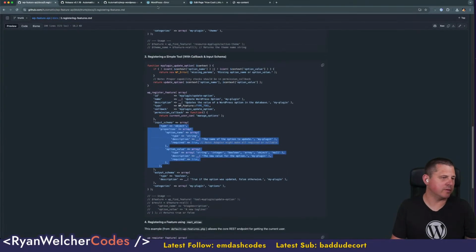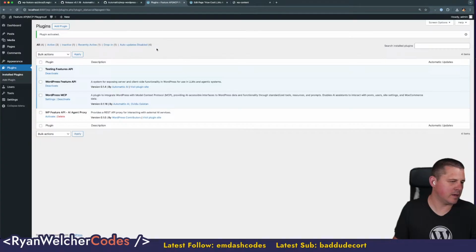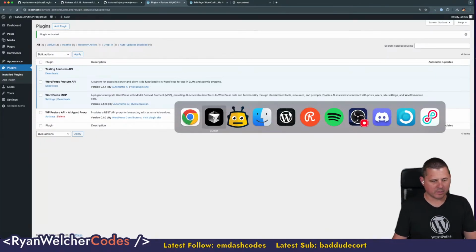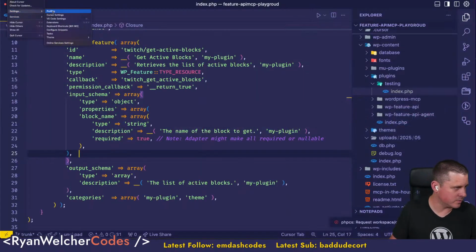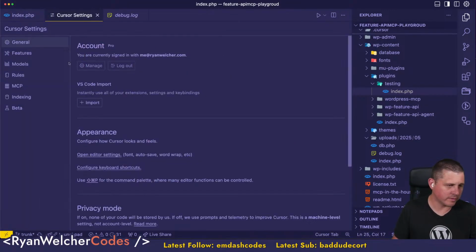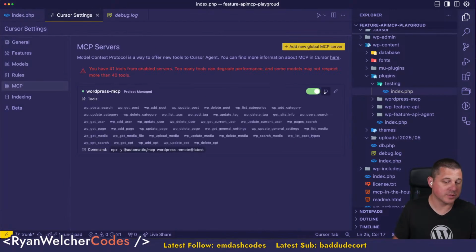Okay, so let's see if this at least gets me past the fatal. It does! It gets me past the fatal error. Okay, so now I'm going to look in Cursor again, look at my MCP tools here, settings, Cursor settings, MCP, which is what it's going to be called from now on. Let's see, there it is, feature get active blocks. Okay, cool, so,